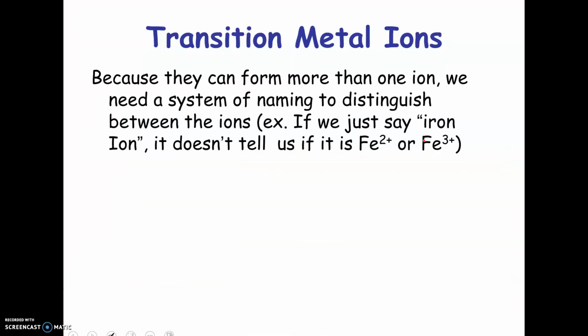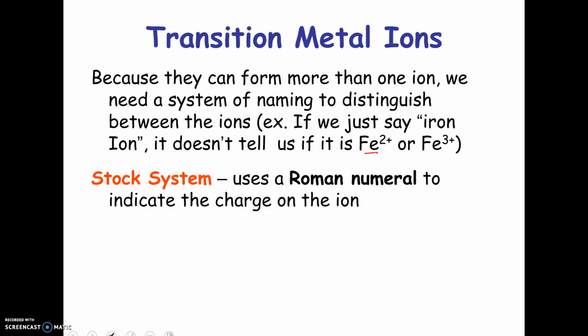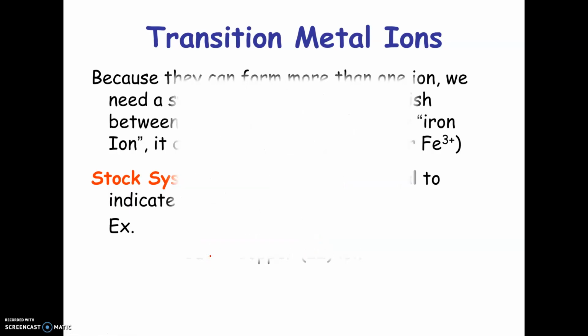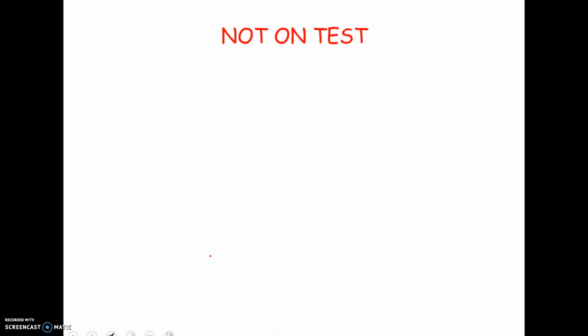Alright, so if we look at the transition metals, because they can form more than one ion, we have to have a special system for naming those. So I can't just say iron ion, because you wouldn't know what the charge was since it can form multiple charges. So we use what's called the stock system, and the stock system is going to use a Roman numeral to tell you what the charge was on the ion. So for example, Cu, copper, with a +1 charge is copper 1 ion. Cu +2 is a copper 2 ion. So again, this only applies to D block, but you wouldn't write calcium 2 ion, because calcium always forms a